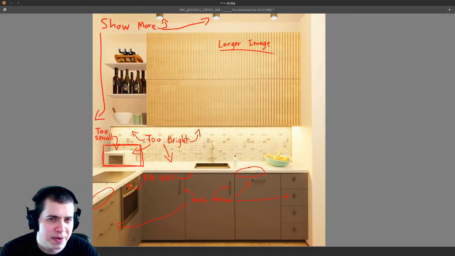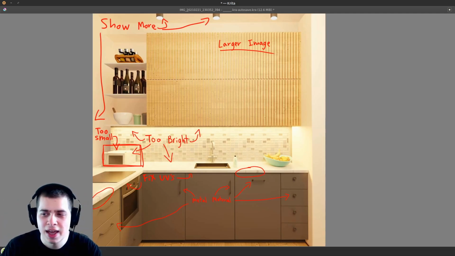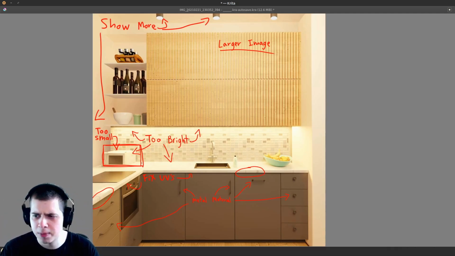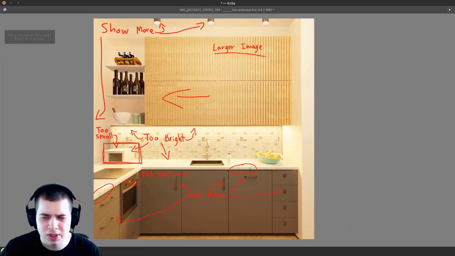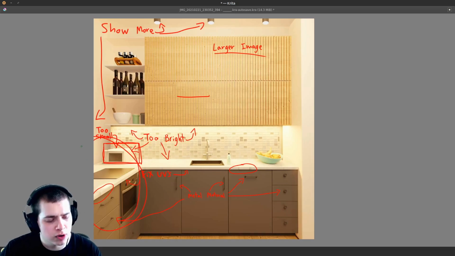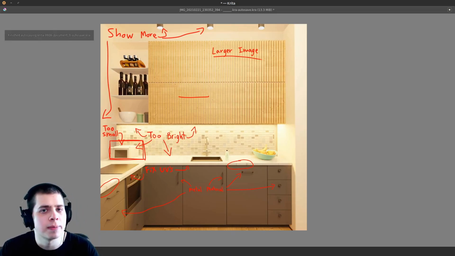And then the last thing that I would do is to show more of the scene. It's a really cool scene, but I feel like I'm kind of boxed in. I can only see this one side of the kitchen and there's more of the kitchen coming this way. So what I would do is rotate the camera so it's looking a little bit more that way so that you can see more of this side of the kitchen. Also, I would probably bring it back a little bit so you can see the ending of those lights going up into the ceiling.